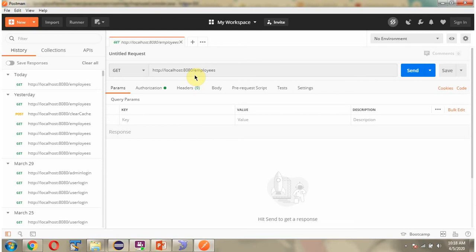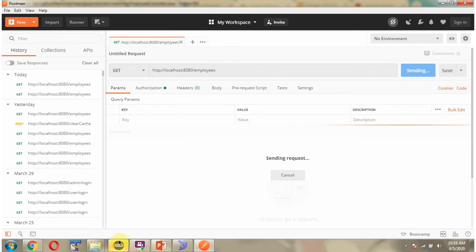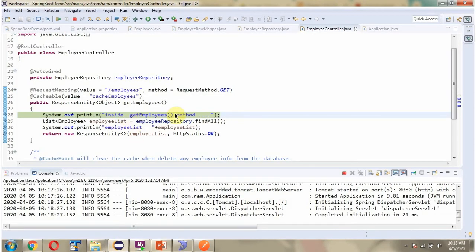Using the Postman client, I am going to send a request to the Spring Boot application to get employee details. Here is the URL, and the HTTP method is GET. Click on send. The request reaches here.